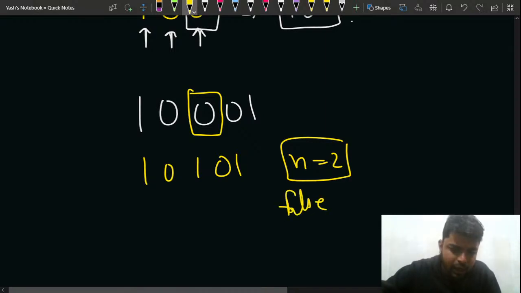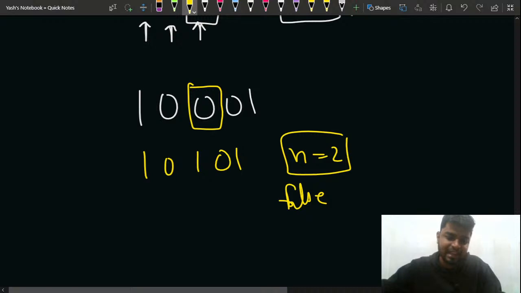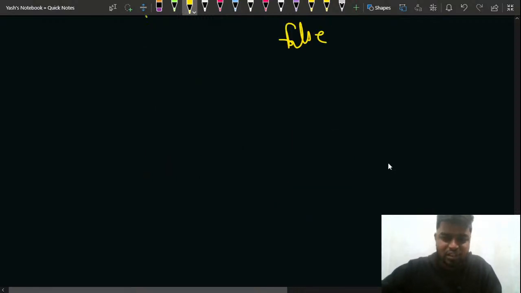So how can I find whether I can place n number of flowers or not? The question is, how can I find how many flowers I can place? Can I place n flowers or not? So what I would be doing is,